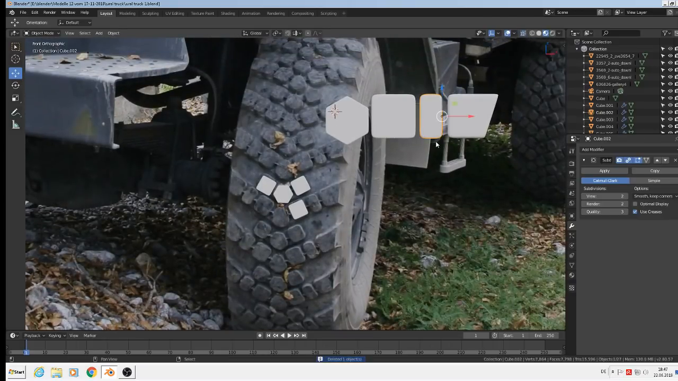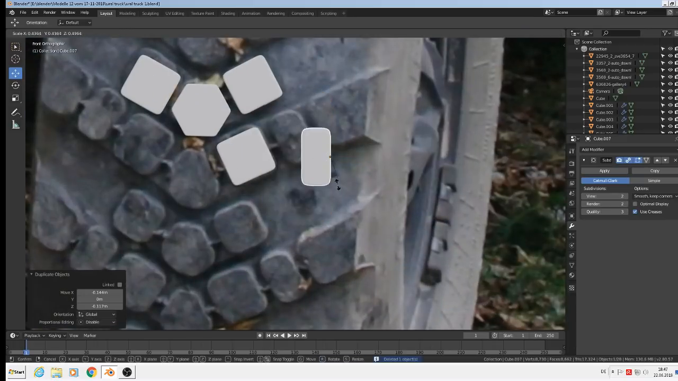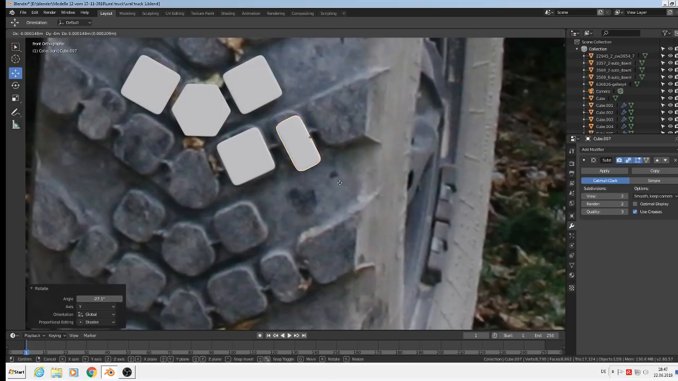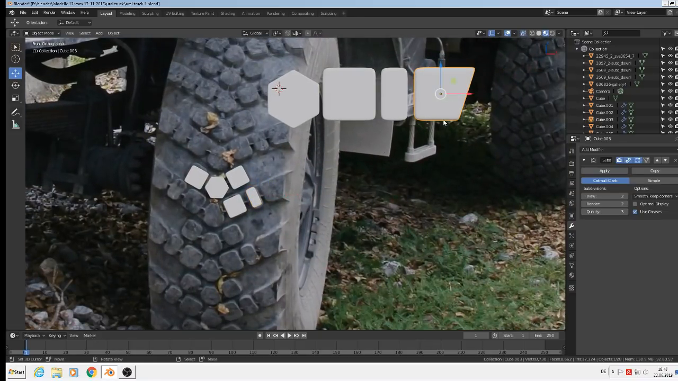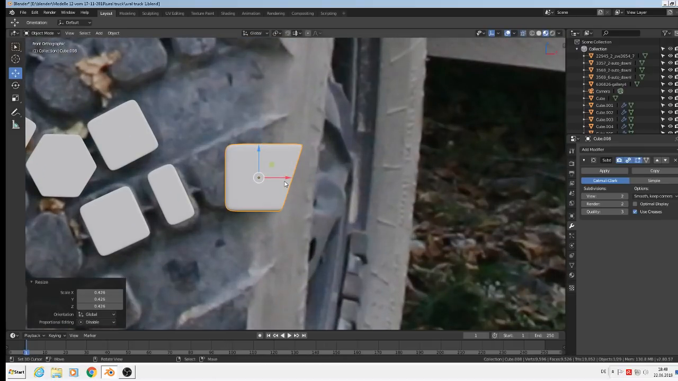We take here this one, Shift D, and scale them down. Grab them there, and rotate Y. So we have that, and scale them a little bit more. So we have the same size there. Rotate Y. So then we take the last one there, Shift D, make a copy, scale with S, and then